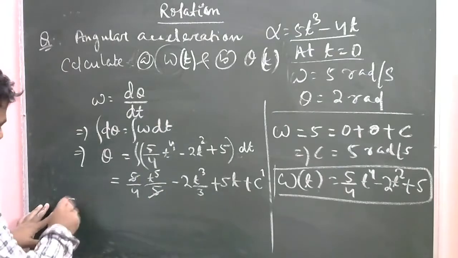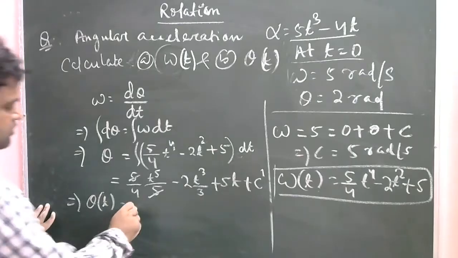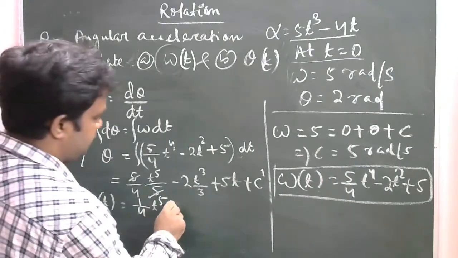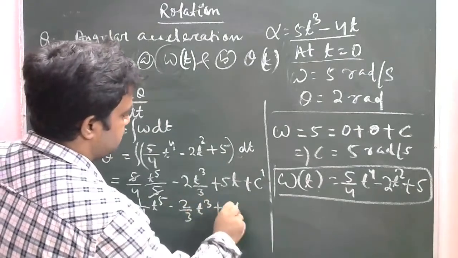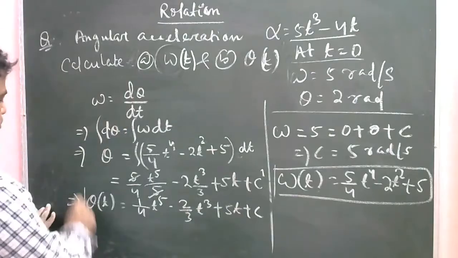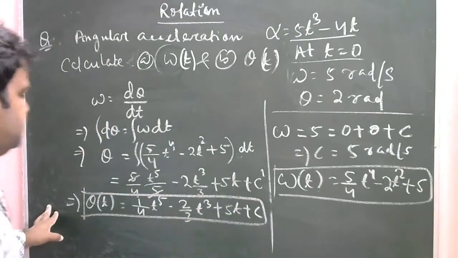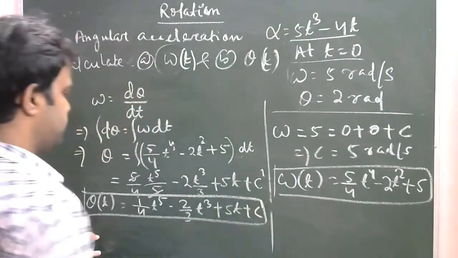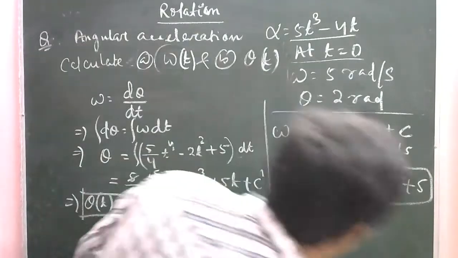So what are you getting? Theta as a function of t, you are getting as 1 upon 4 t to the power 5 minus 2 upon 3 t cube plus 5t plus c prime. So you are getting the theta as this one. Now you have to get c prime. Then only you can calculate